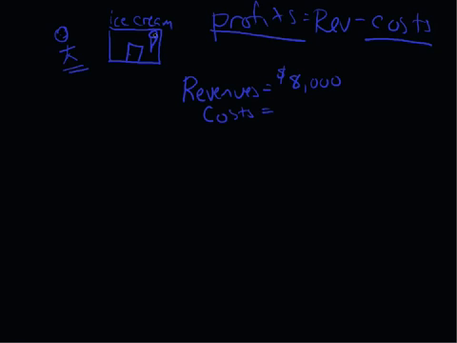Well, I'm going to have to buy some cream to fill up the ice cream, some cones. I might hire somebody back here to work in the shop, and they're going to need some income. So all total, I think my costs, paying rent, are going to be about, I don't know, $5,500. So the accountant went to Harvard Business School, and they know how to do their math.